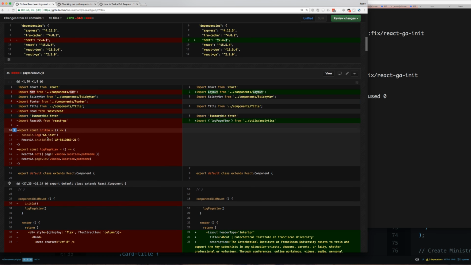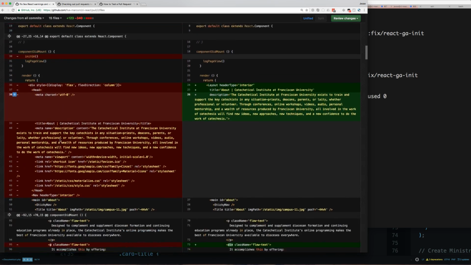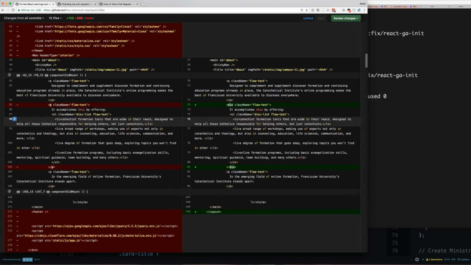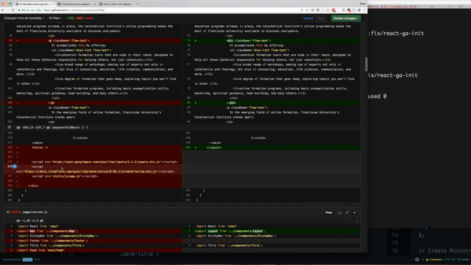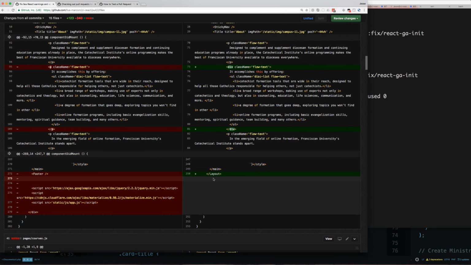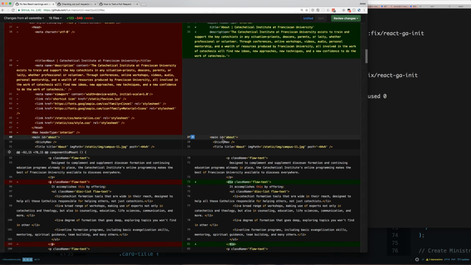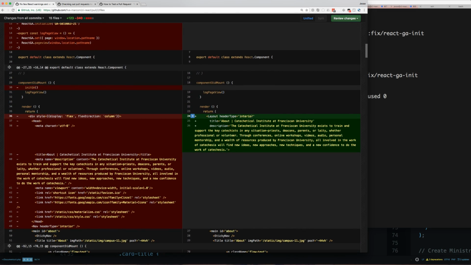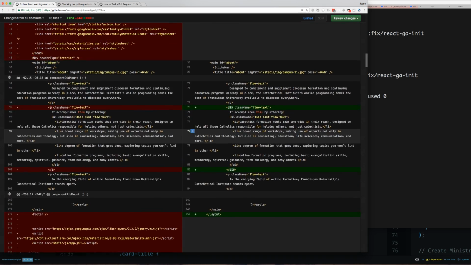So also a lot of changes here. I'm not going to go through all these because they're pretty much the same. So pages now, we've gotten rid of all that stuff that's been taken out and put into other components, right? So now we just have layout. We've wrapped all of this in layout, which is awesome. Just so much less